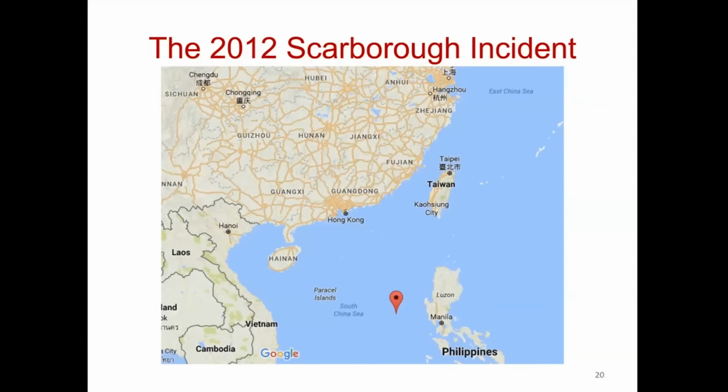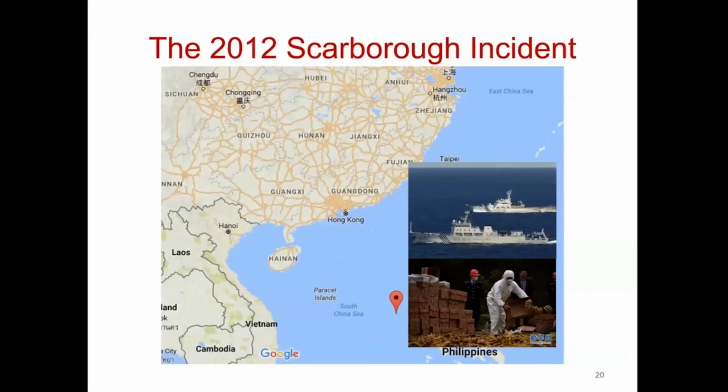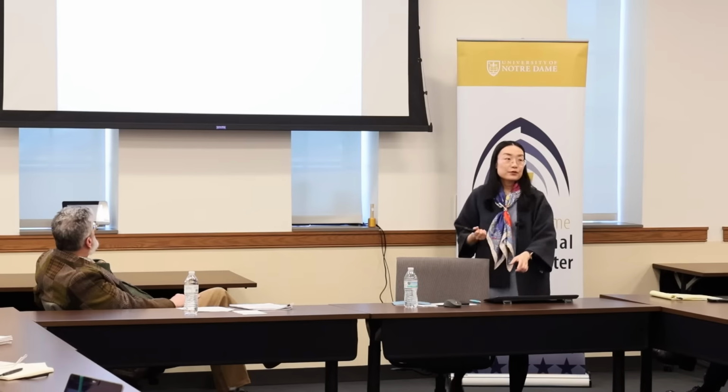And China used coercive actions of three kinds, none of which were militarized. The first kind would be the use of gray zone coercion. China's maritime surveillance ships, the predecessor to the Coast Guard ships, blockaded Philippine Navy vessels from entry into the shoal, leading to a standoff. And China also imposed the banana ban as a kind of economic sanction. And finally, China also imposed diplomatic sanctions by canceling senior-level meetings between Chinese leaders and their Filipino counterparts. So the goals of China's coercion in this case were twofold.